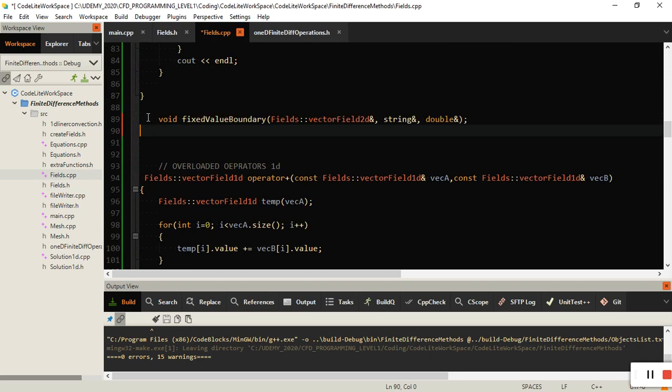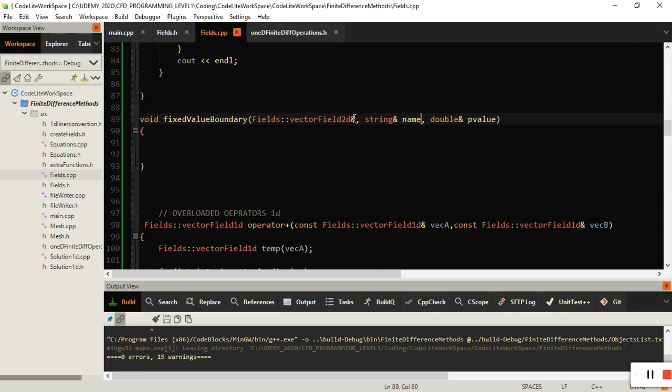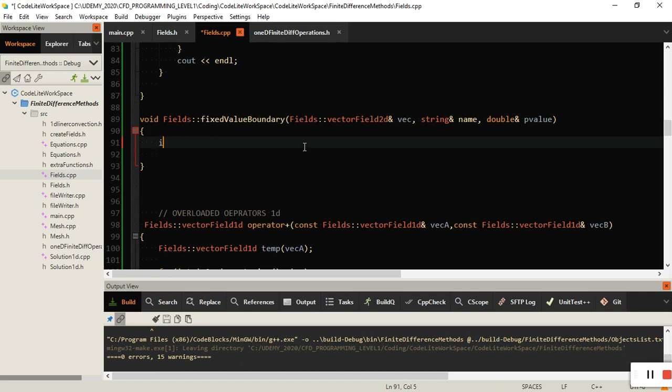We put some curly brackets to describe, and we will call this prescribed value, call this name of the boundary, and this will be simply vec, and say that this belongs to the fields class, so it can be only called through an object of fields. Right, so let's start. If name is equal to inlet, then